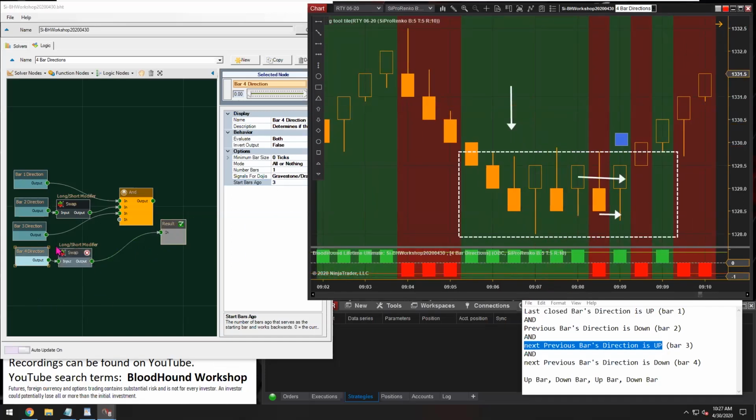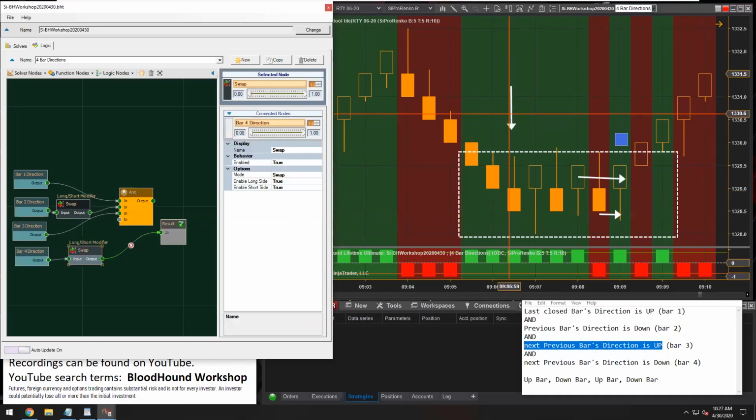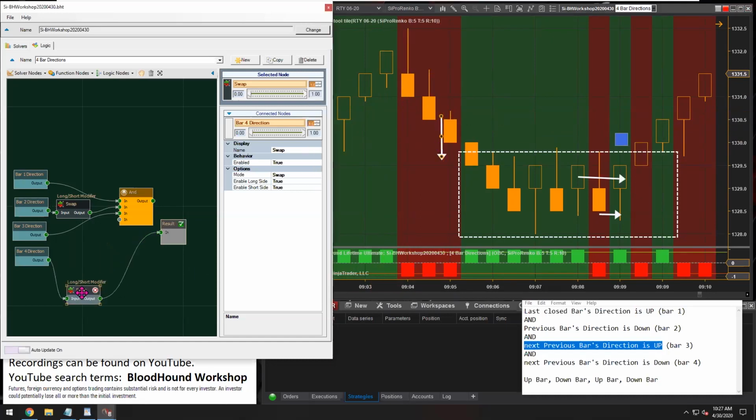Yeah. What's throwing me here is I'm looking at the long short modifier. So I'm looking at these bars. Okay, how come these are down bars? Because these are all up bars. Why aren't I seeing long signals here? So just be patient with yourself if you're not understanding things, because even the best of us sometimes